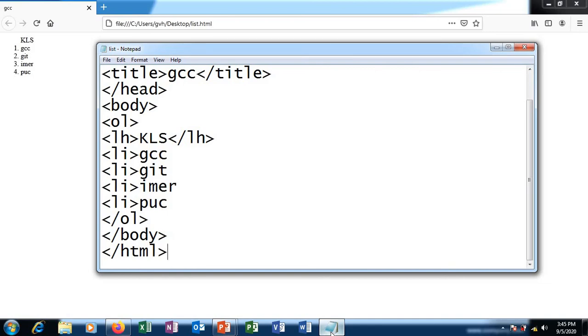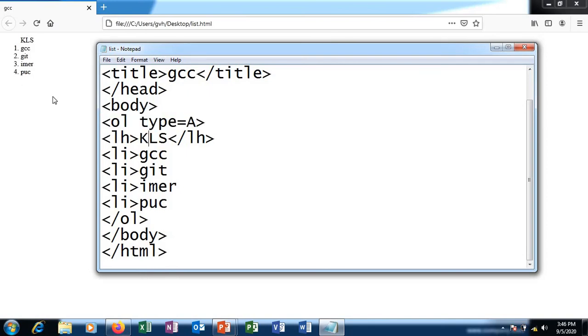In case you wish to change the numbering format, we need to add the attribute called type with the OL tag. So let us go to the OL tag and add the attribute type. Numbers are available by default, so let's continue with alphabets, uppercase alphabets to be specific.